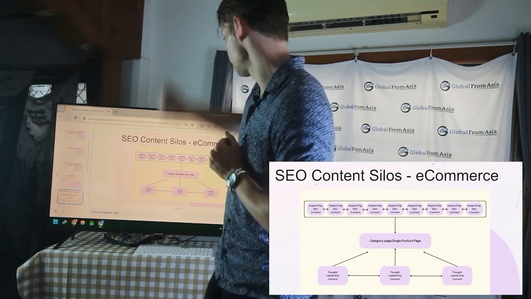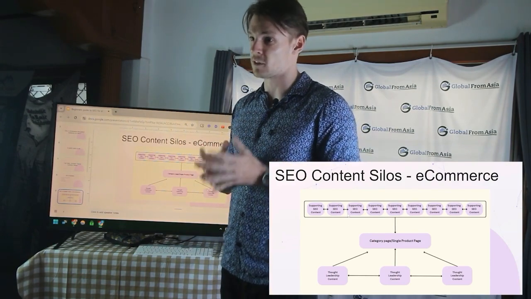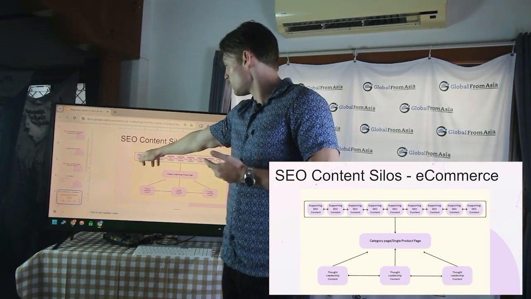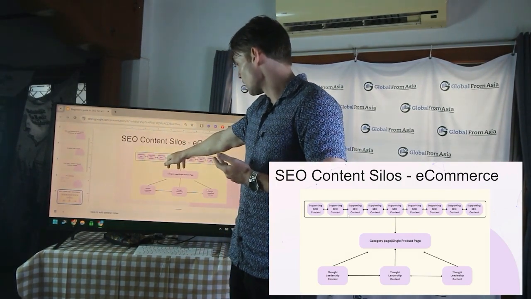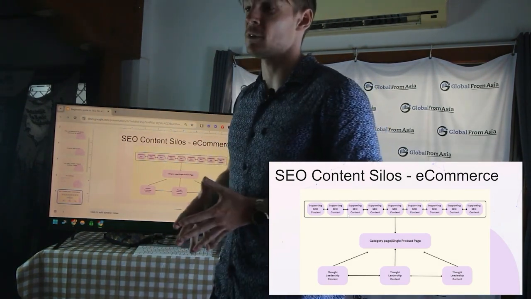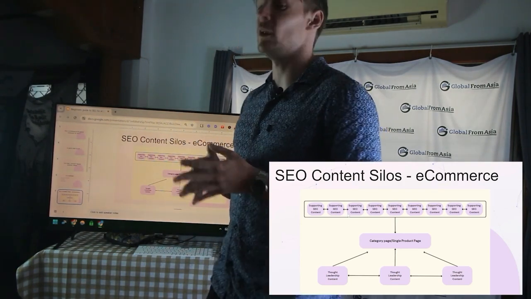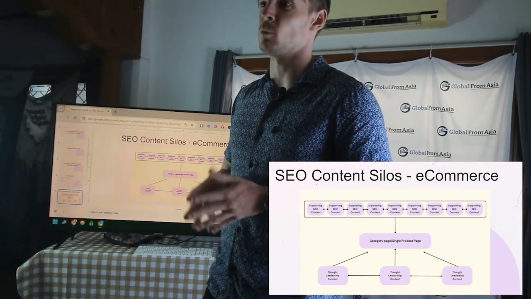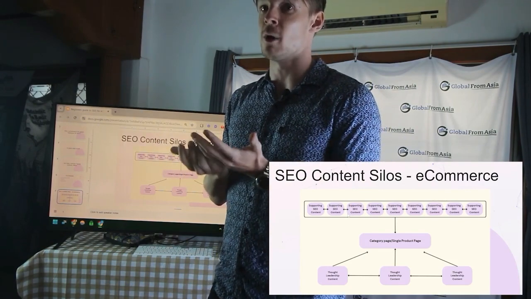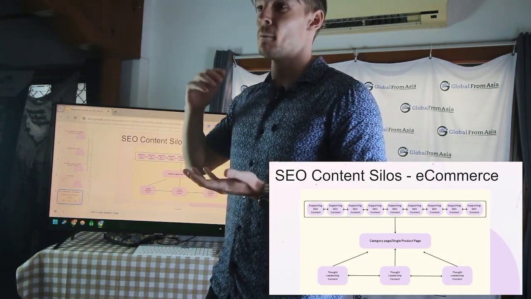those category pages. Now, the way we do that is by writing supporting content around the subject. So going back to my example of t-shirts, you see each of these boxes, it says supporting SEO content. What this represents is one article answering one query about your topic that you're writing about. So in the case of t-shirts, there's literally unlimited questions you can answer about t-shirts. What's a breathable t-shirt? What's a normal size? You can really go into any amount of depth or lack of depth that you want. The point is we're just trying to cover the subject as best as we can by writing blog posts en